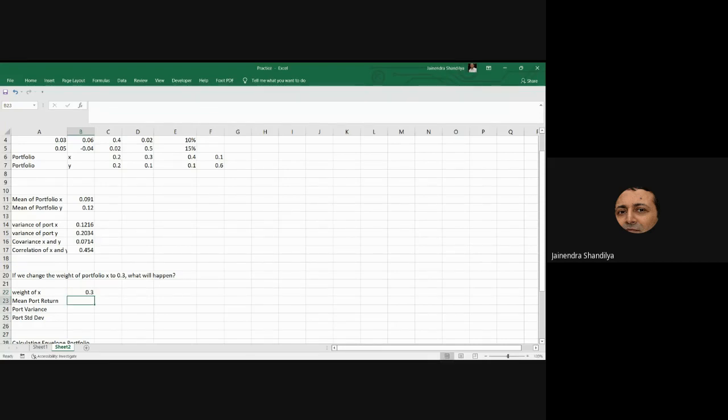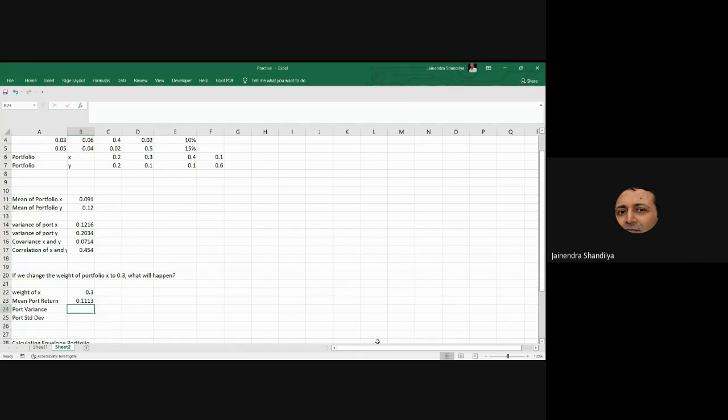The mean portfolio return will be 0.3 of X, which is this into this, plus 1 minus the same weight, because the other portfolio will be used in some other combination, and this is our return. So when we combine 30% of X with 70% of Y, our mean portfolio return has increased to 11.13%,